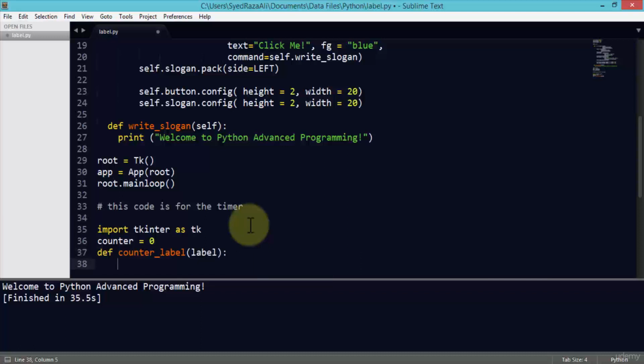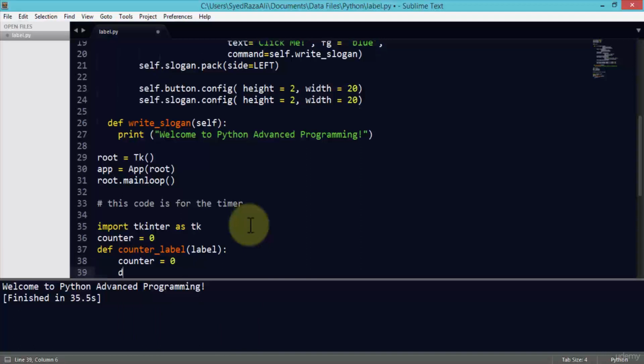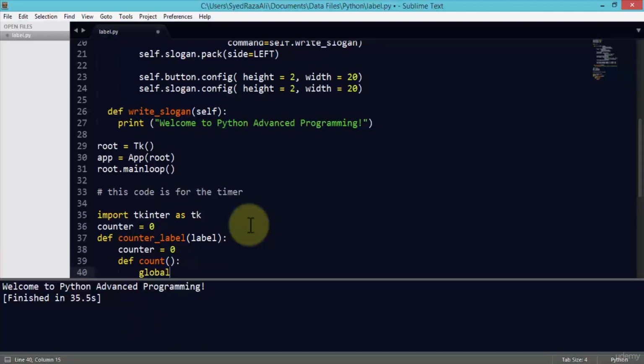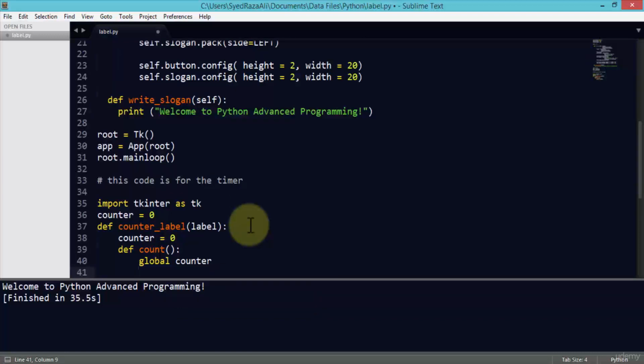Once I start the definition, I'm going to do counter equals 0, and then another def within this counter, and this will be my global counter,